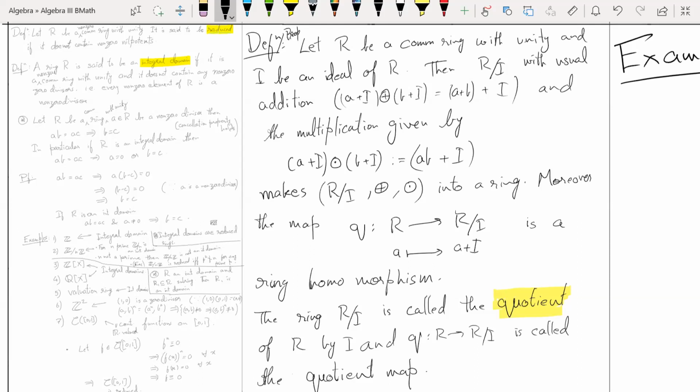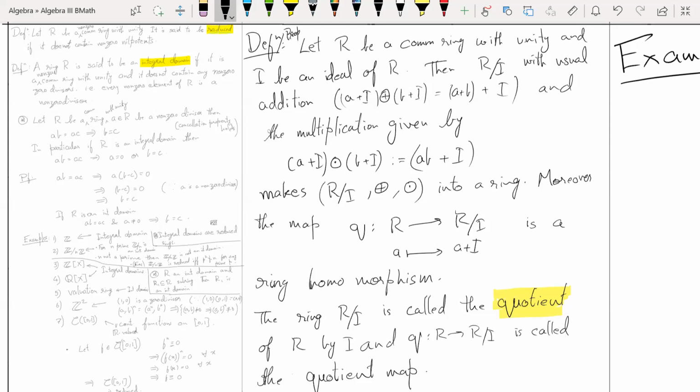From group theory, we know that this is well defined, and the multiplication given by this, one has to check that this is well defined, because we are looking at cosets. But once you show that it's well defined, then this triple